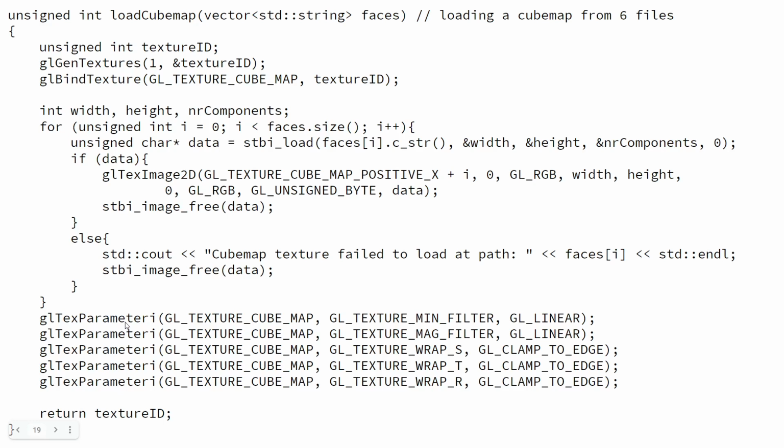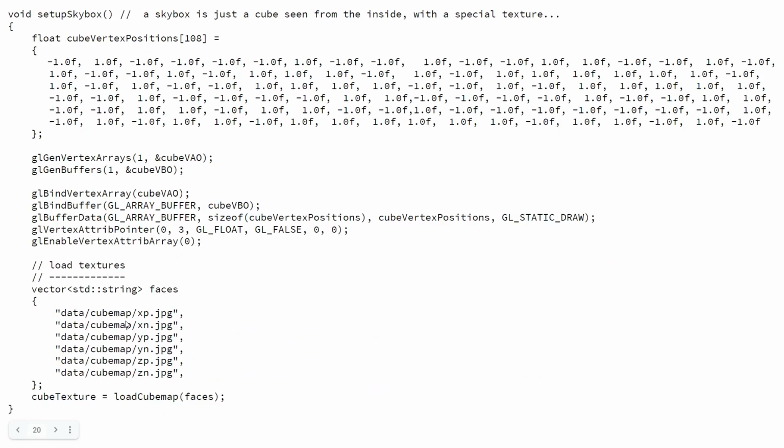And to show that one first, here's a bit of setting up the skybox itself. Right? So we know how to load textures now. You see this chunk down here. I shouldn't be just gesturing for people online. This part down here where it creates a vector of 6 names of files to load and turn into a cube texture here at the bottom.